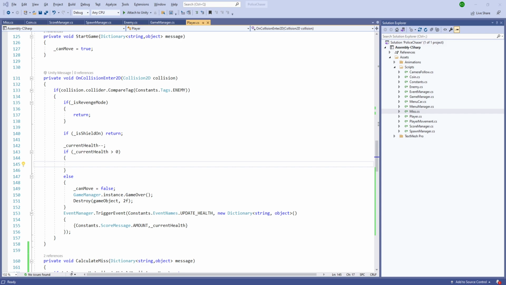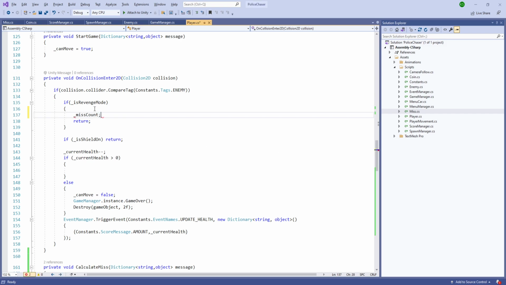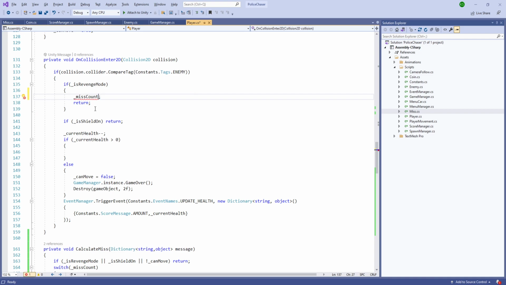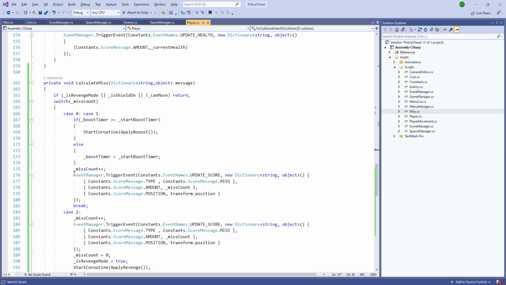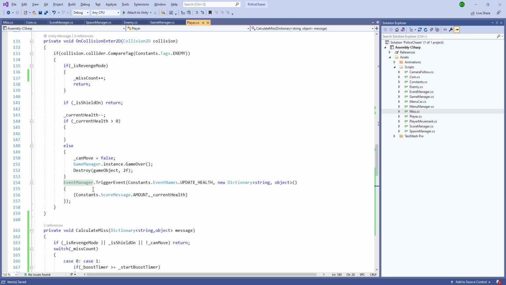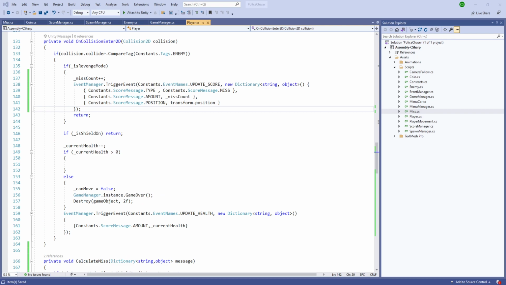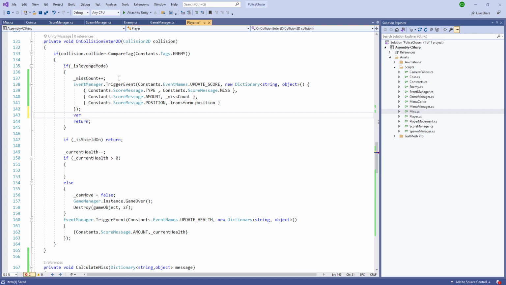So when the revenge mode is on, it will just increase the miss count, and it's going to trigger the event. And instead of miss count, we'll use miss count plus plus, and we'll copy this event because it's 90% similar. And we'll spawn an explosion,